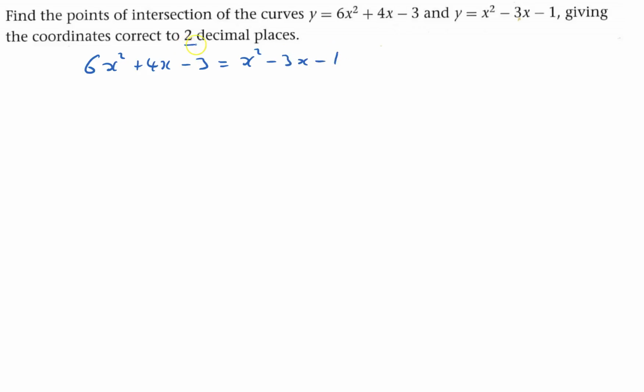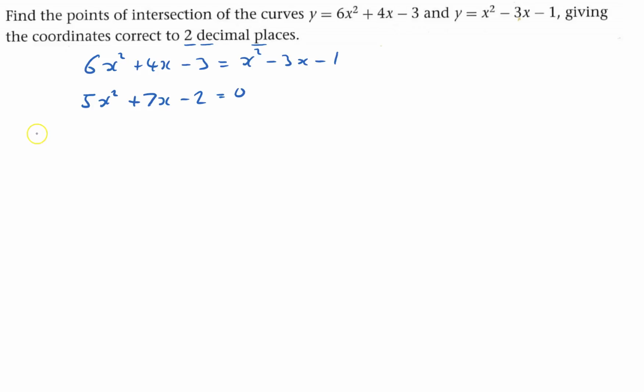It says correct to two decimal places, so that rather implies that I was using a calculator. So let's get the x squared onto this side. Take away the 1x squared from the right hand side, leaves us with 5x squared. Get rid of the minus 3x, I have to add 3x to both sides, so I have plus 7x over here. Get rid of the negative 1, so I have to add 1, so that would be minus 2 equaling